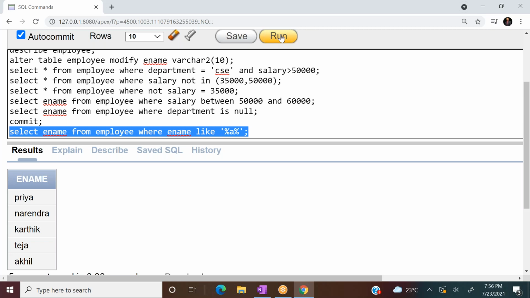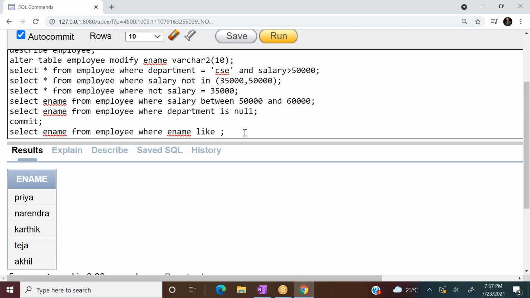Now suppose I wanted employee names of only 4 characters, names of employees whose length is 4 characters. In such cases, like is not working. To compare, here we have to use where ename, a function called length.